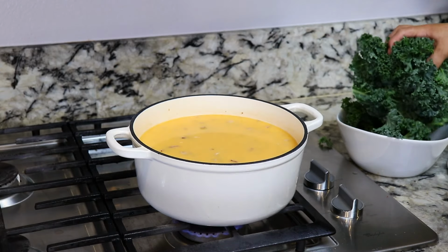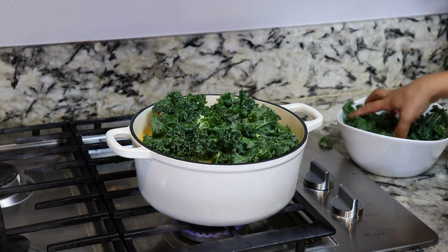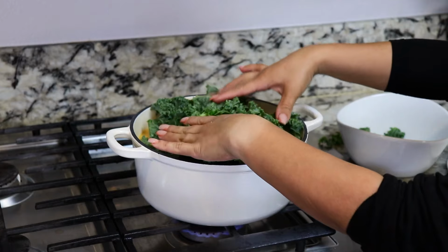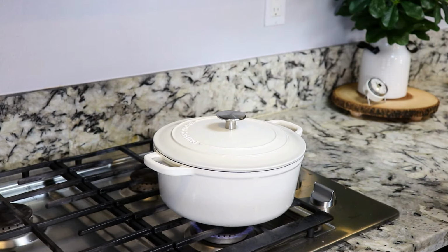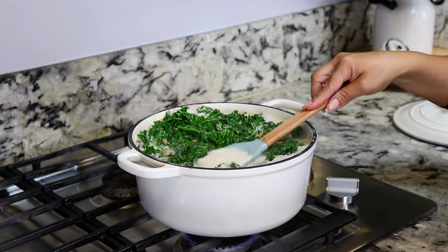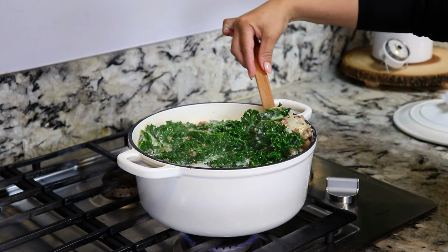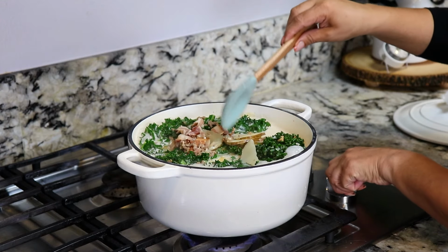Last, we're gonna add in the kale. We're gonna cover it up again. Once it comes to a boil, your Sopa Toscana is ready. It's been about 3 minutes and our soup is now ready. Okay, definitely ready. Now we're gonna turn off the heat and I'm gonna serve myself a bowl because I am